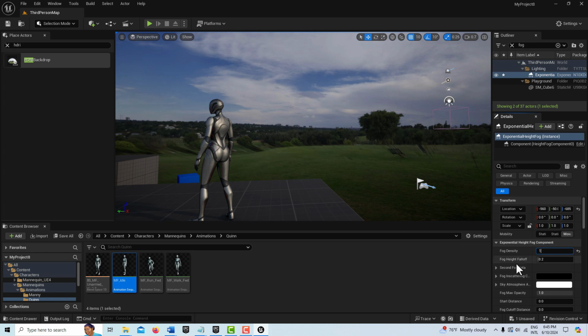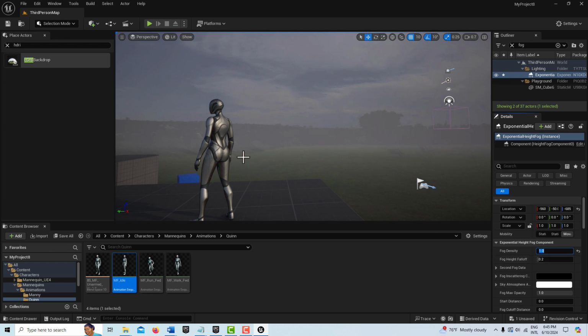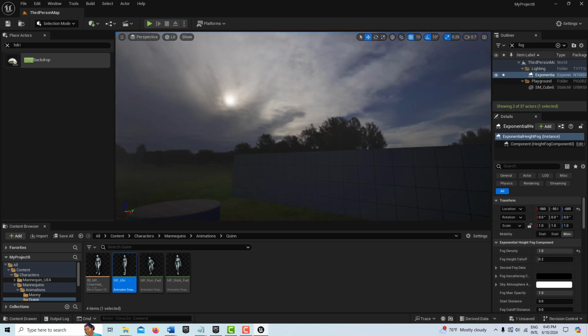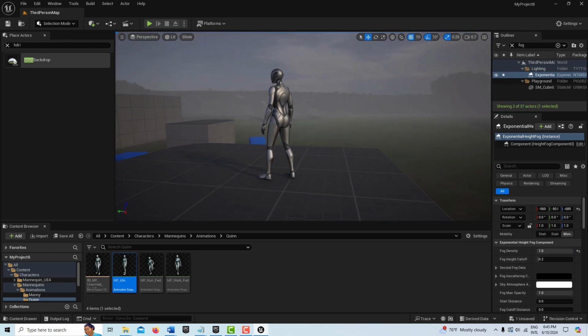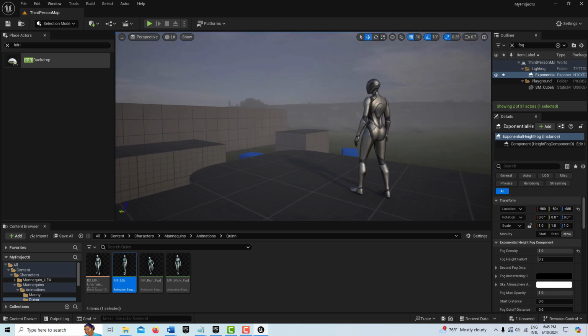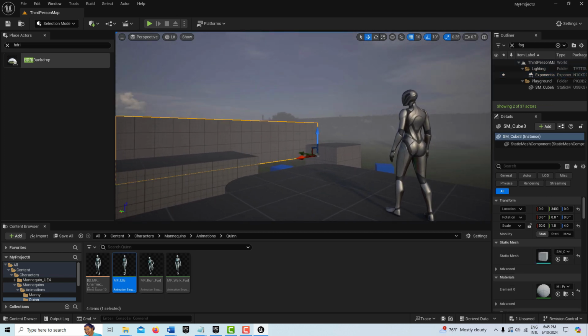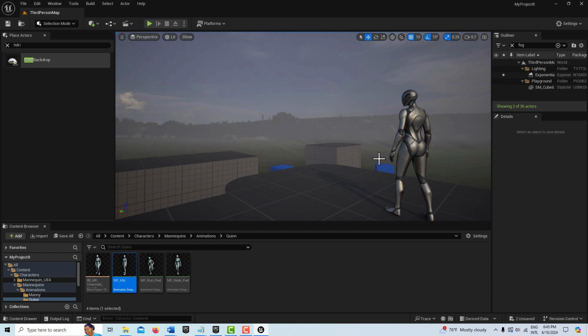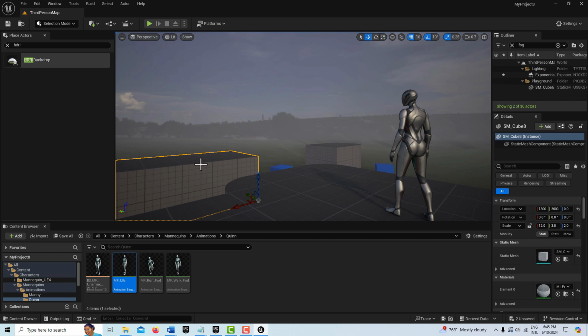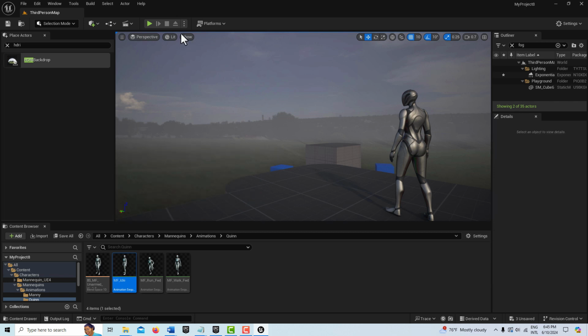So again, I'm going to put a higher value in here because I think this fog really adds some mystery to the whole scene. I don't like this wall here blocking my view, so I'm going to go ahead and delete it. And you could get rid of all these other things too if they're in your way. But now if I hit play,